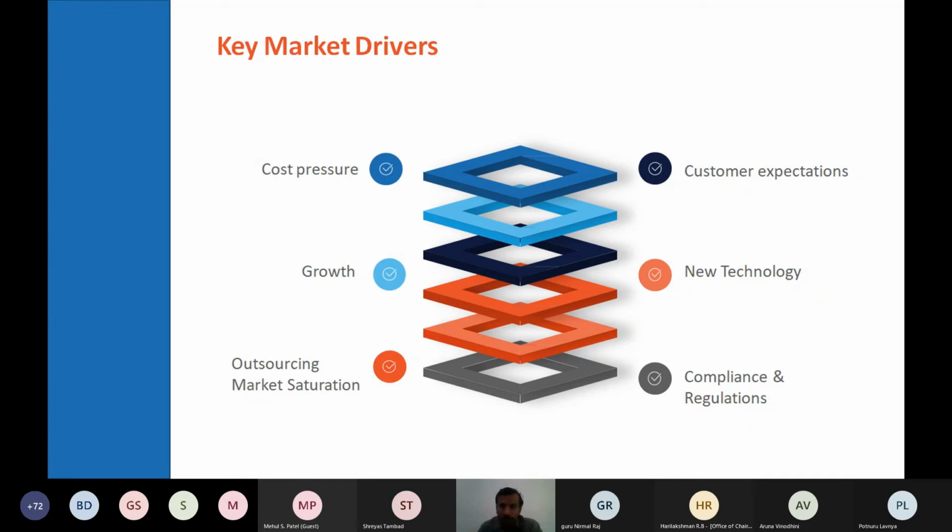And since it is a software bot that we are programming, we are designing a bot, it will be in compliance with the regulations. So you can make products, you can outsource your products also. All the major key market drivers will be answered with this technology.